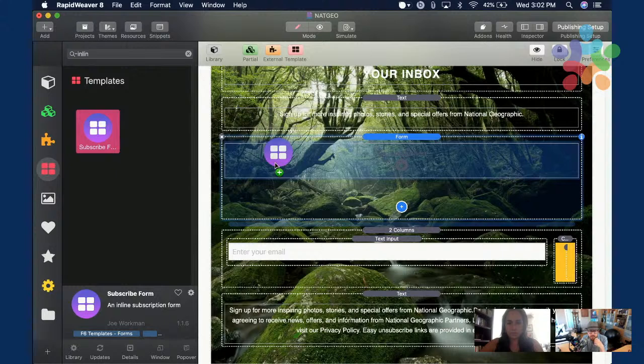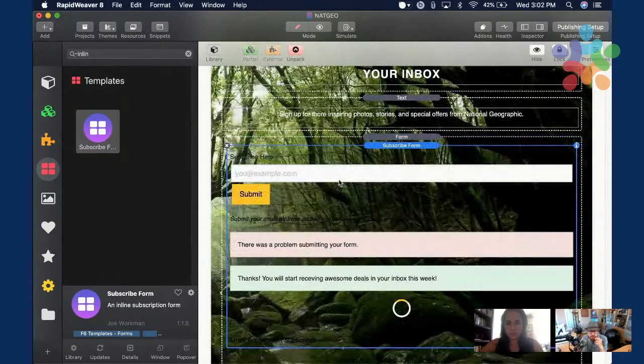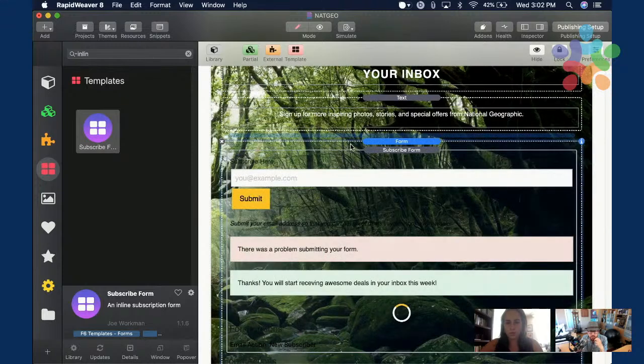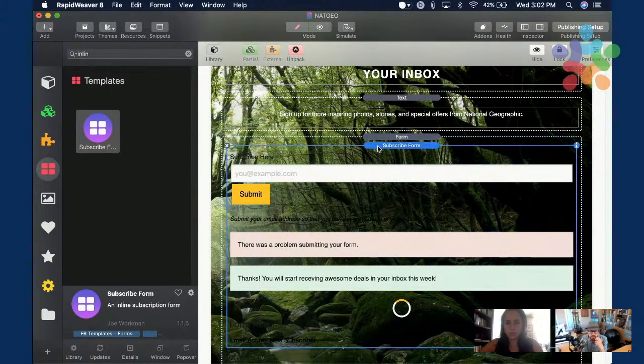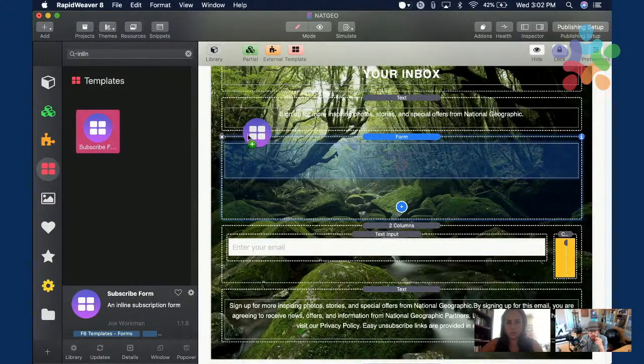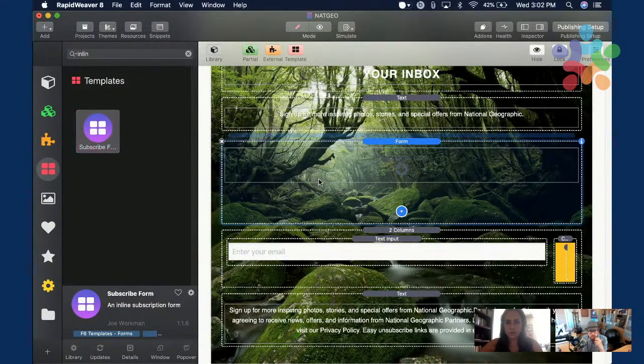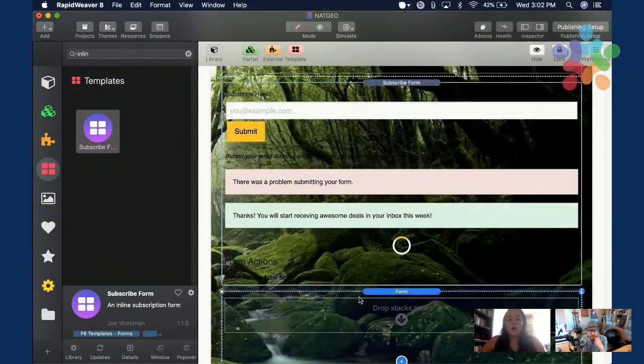Yep. Just plop that in there. It actually already has a form in there, so you probably didn't need to put it inside the form, or else you actually have problems because you can't have a form inside of a form. Right. Just drop it here. And then just unpack that.